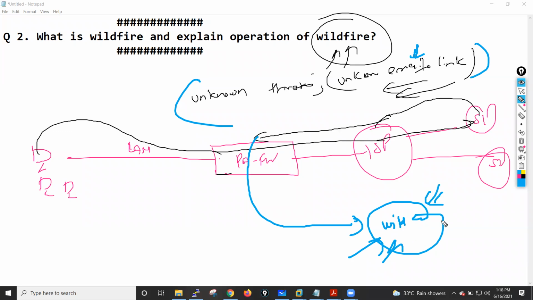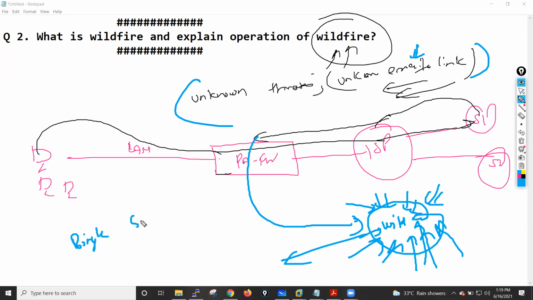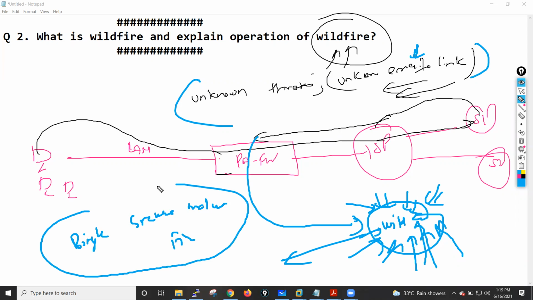So in the WildFire cloud, we have all kinds of devices, like VMware devices and physical devices, all kinds of operating systems, and on all these OSes that particular file will run. After that, Palo Alto just observes the behavior of this file, and according to the observation they will categorize this file into four types. First type is benign, grayware, malware, or phishing. So these are the four verdicts which are provided by Palo Alto for a file.